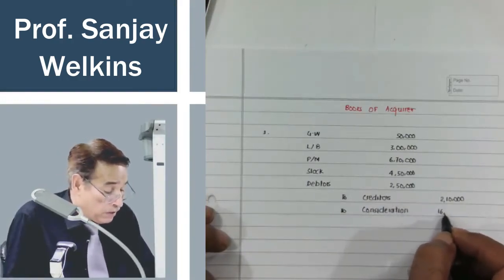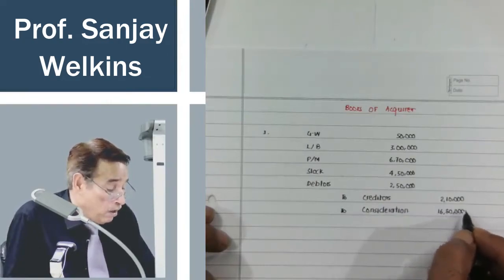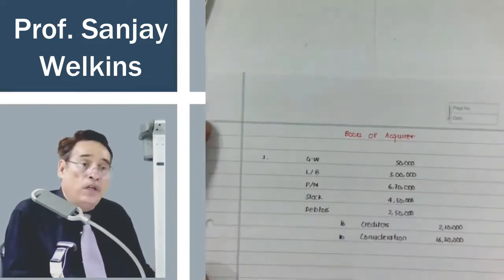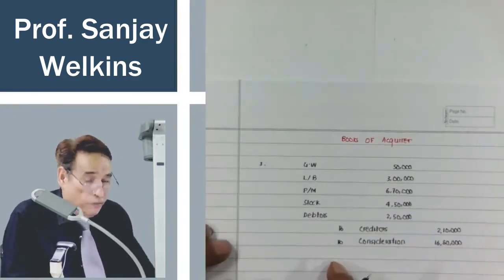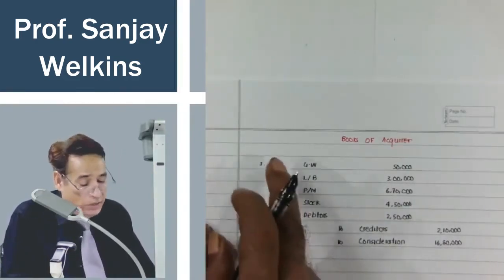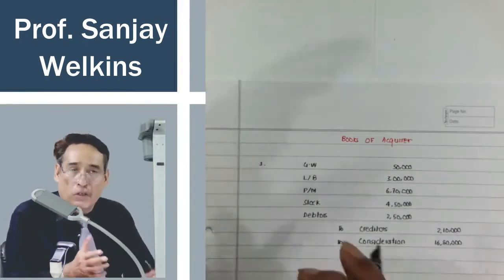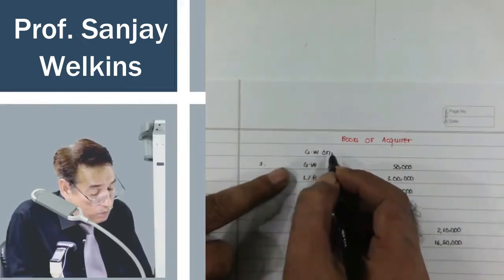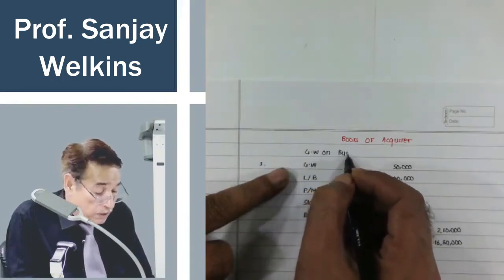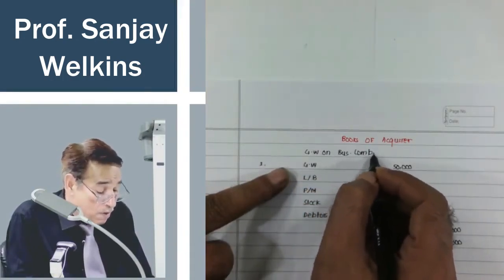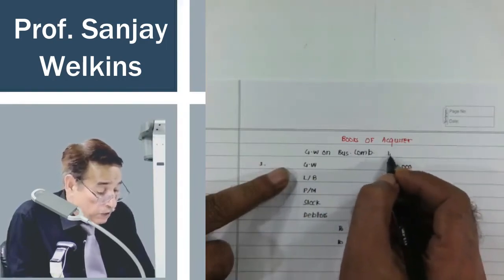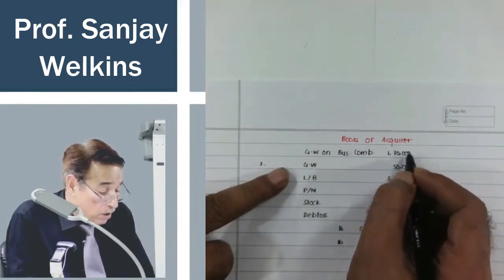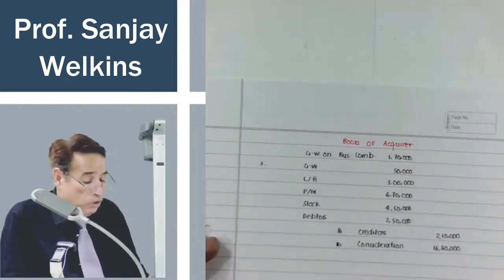Consideration is 16,80,000. Now if there is a difference, as we know under Ind AS 103, if the difference takes place over here, we write gain on bargain purchase, and if it takes place towards the debit side, obviously I'm going to consider it as goodwill. In this question, the balancing figure is appearing over here. I will write here goodwill on business purchase or business combination. This is your balancing figure, and the balancing figure will be 1,70,000. So total goodwill has now gone up to 220, you may say so.